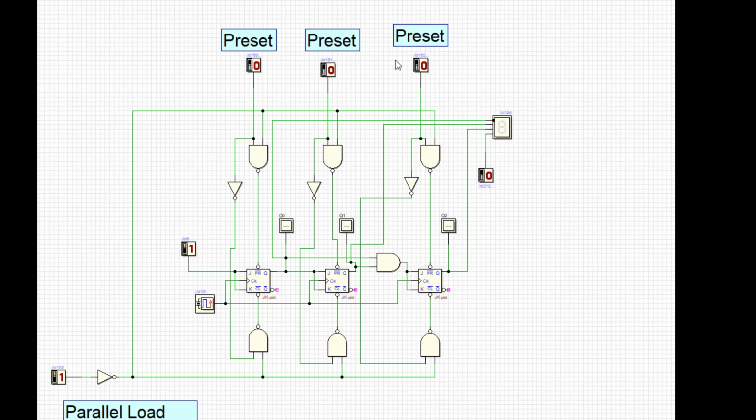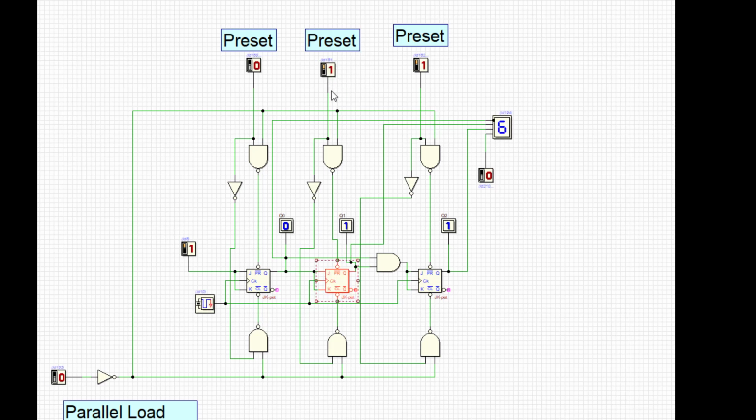And these are my parallel load inputs. Whatever data I give will be loaded into the flip-flops, and from there the counting will take place. First we will try to load a certain number. Let's say I want to load 100. Let's run the simulation. I want to make 100, that means I want to count from 4. This is your Q2, Q1 and Q0. 100 means 4. The moment I apply my parallel load to 0, it is going to load the desired number. You can see here, the moment I made my parallel load equal to 0, it is loaded with 4.